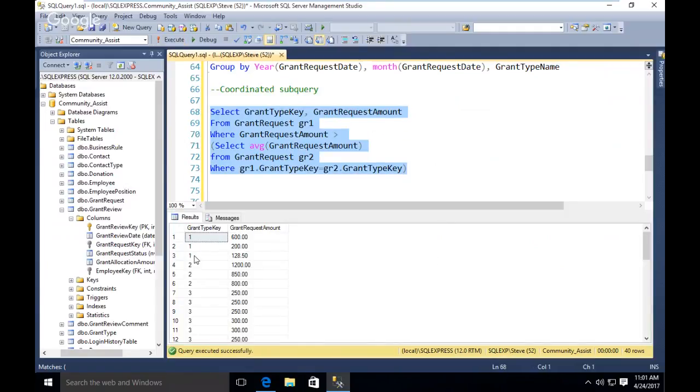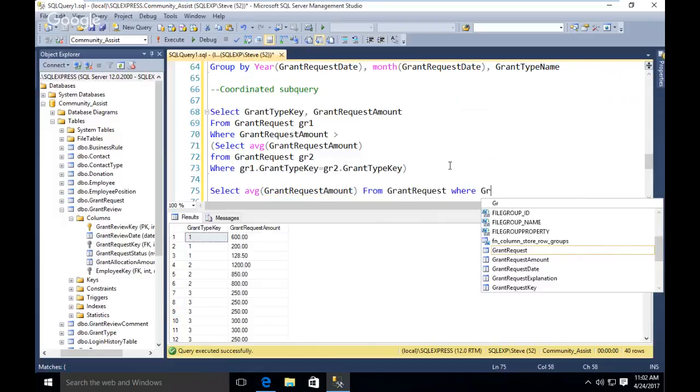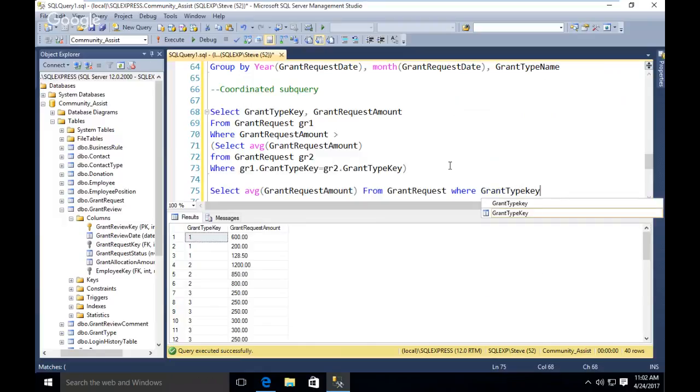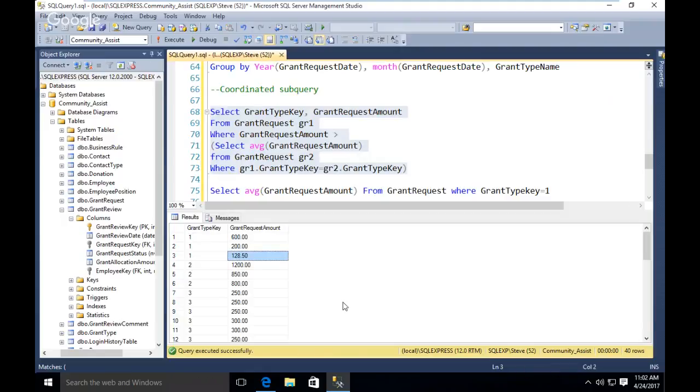All right, so these are the requests that are greater than the average. And one way to know that, so for one, I have 3 of them. Let's say what the average is: select average grant request amount from grant request where grant type key equals 1. If I run that, the average grant request is 128.46. When I run this, all right, so this is 128.50, so it's slightly ahead of it, but these are